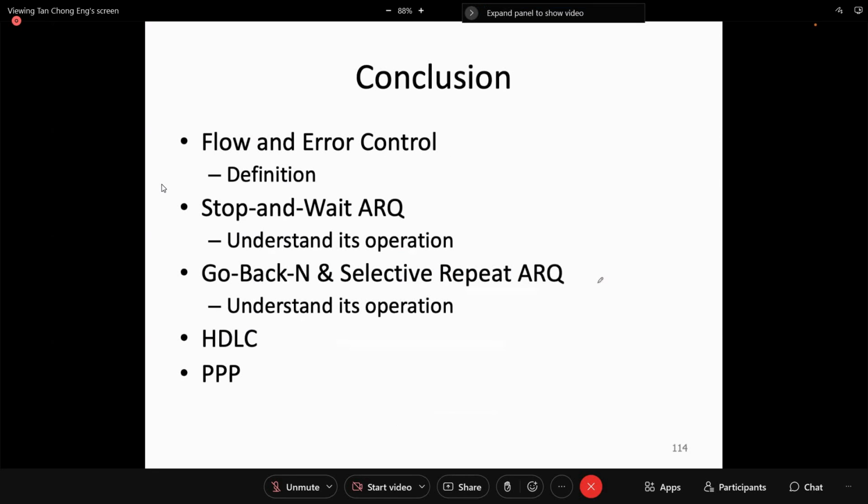All right, so I think I highlighted most of the important points of this learning unit here. So we are talking about layer 2. Layer 2 comes